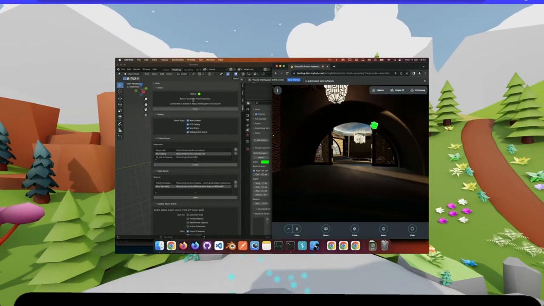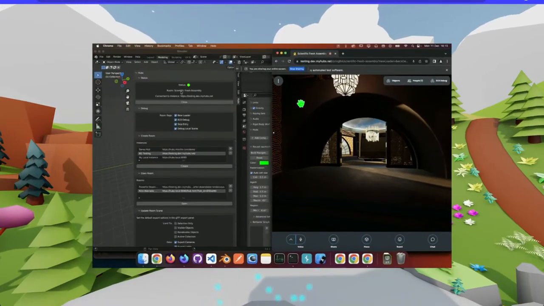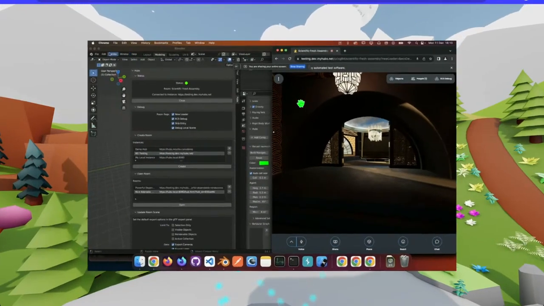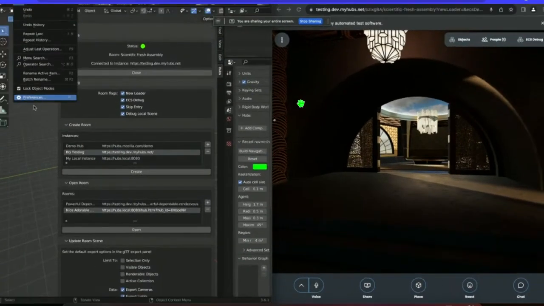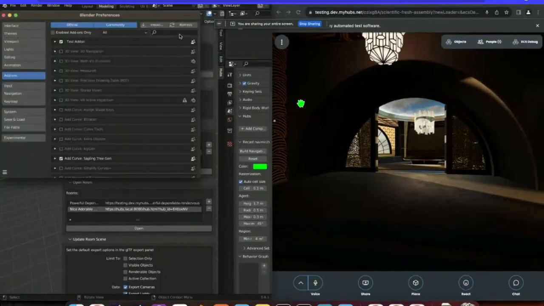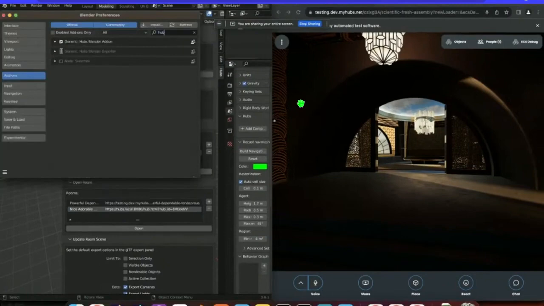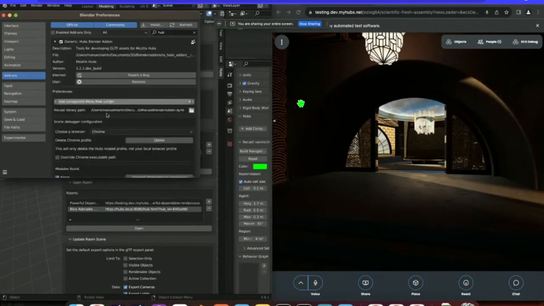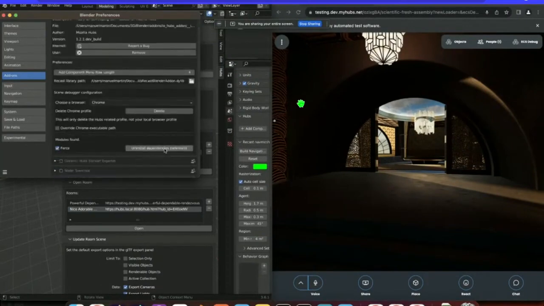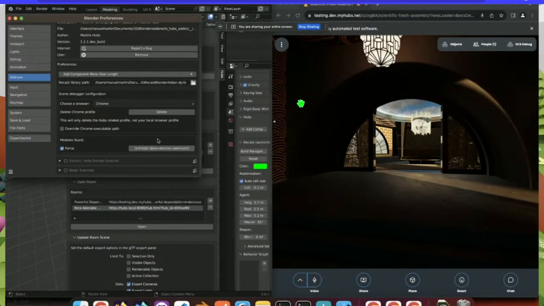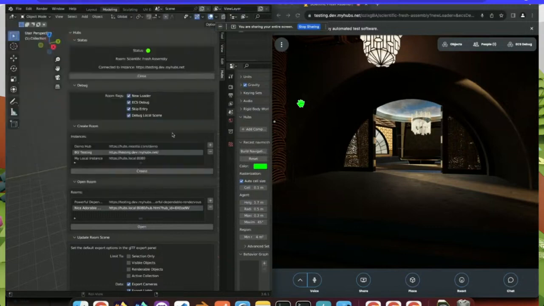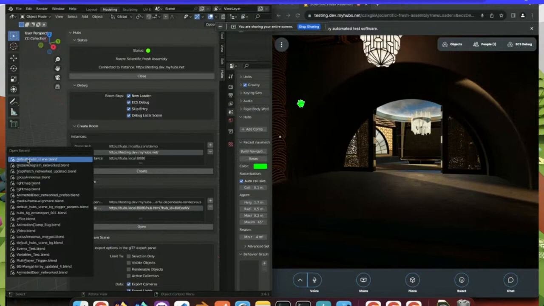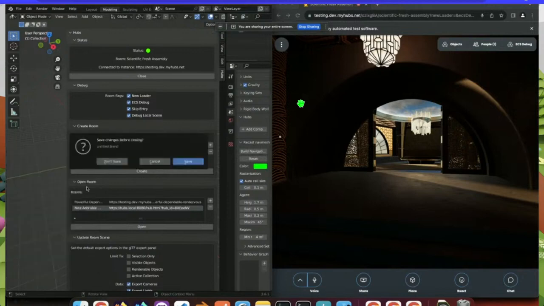And by the way, you can specify which browser in the preferences for that. Yeah, you have some settings here in preferences. This is where you install and uninstall dependencies that the add-on requires for this, and then here you can select the browser. But yeah, so one of the options is creating a room there, and then once you have created a room,